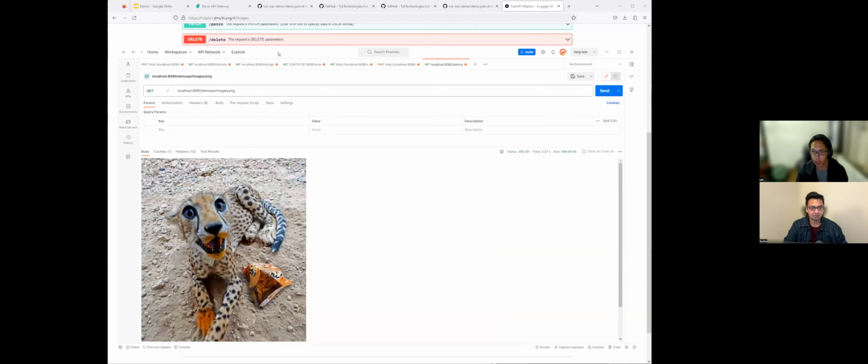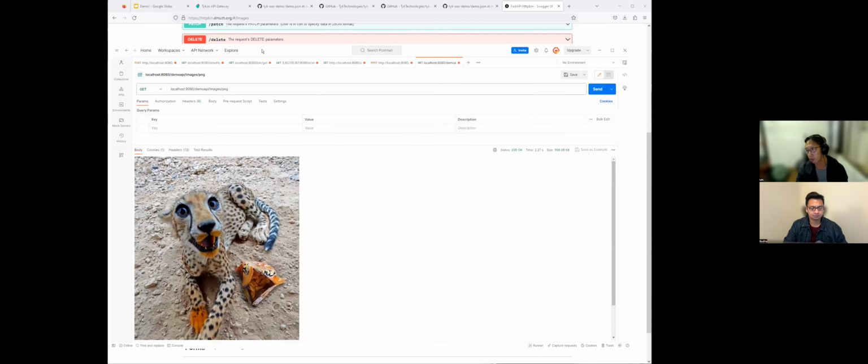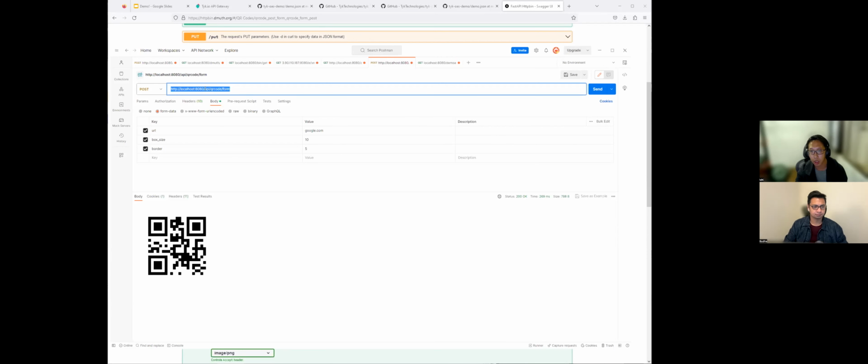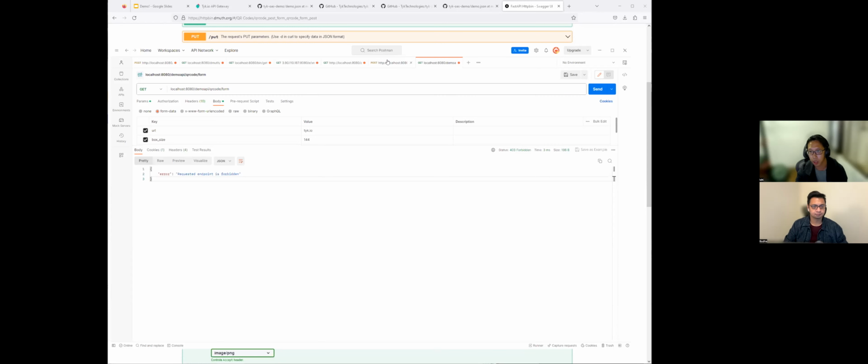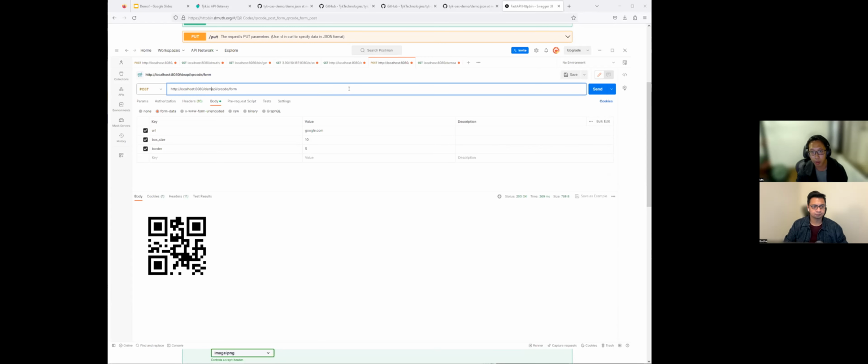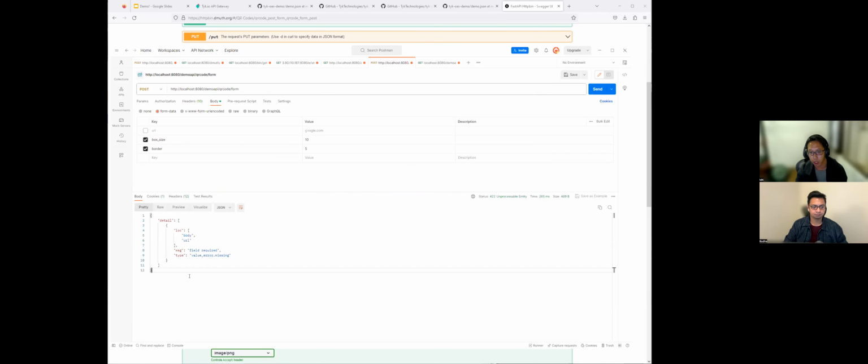What I want to show is, of course, the security aspect of OpenAPI, right? Which is schema validation. I do have something that's pre-prepared that definitely would work. So demo API, code/form, you can see that it generates a QR code over here, right? If we were to disable the URL, you can see that Tyk would actually say that you're missing certain fields over here.